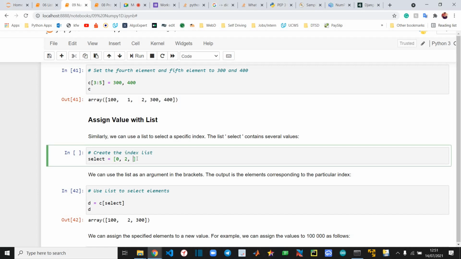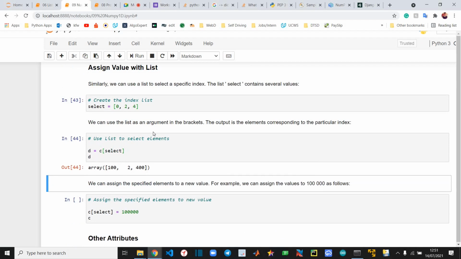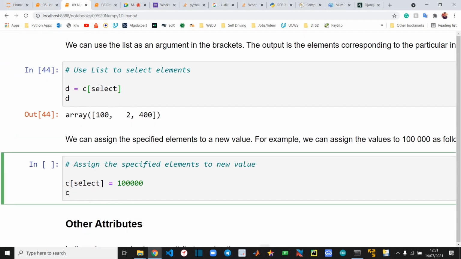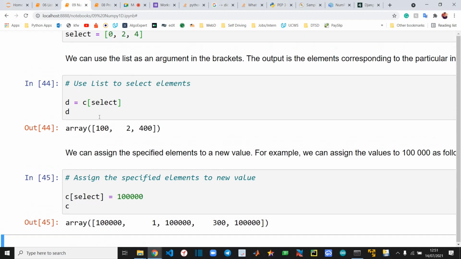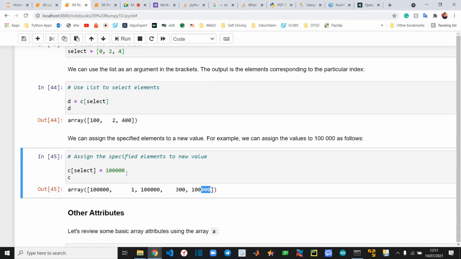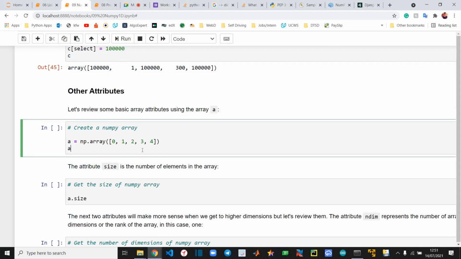We could have an index 4. In that case, it could be 100, 200, 400, 102, and 400. Okay. We can even do something like this. We can select indexes and we can replace them. You just saw that we have selected the 0th, second, and fourth index, and all these values at the 0th, second, and fourth index now have the value of, I think, yeah, it's 1 lakh. 1, 2, 3, 4, 5, yeah, it's 1 lakh. Okay.